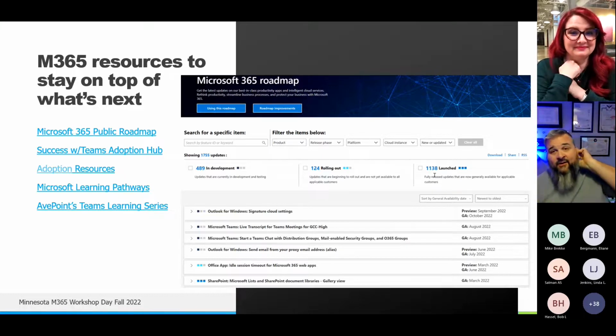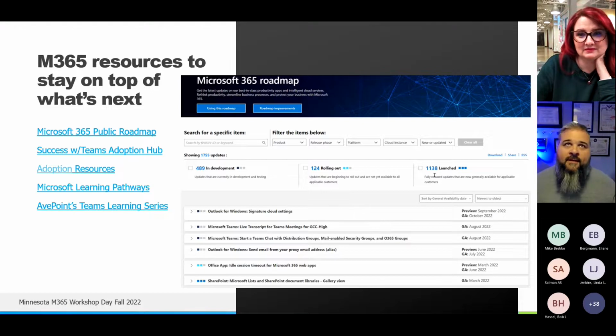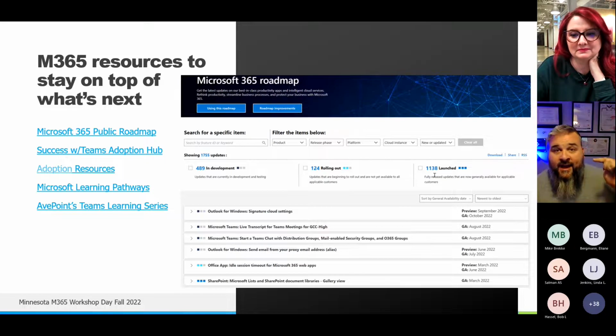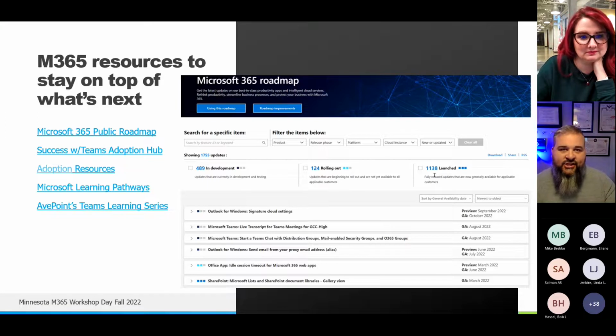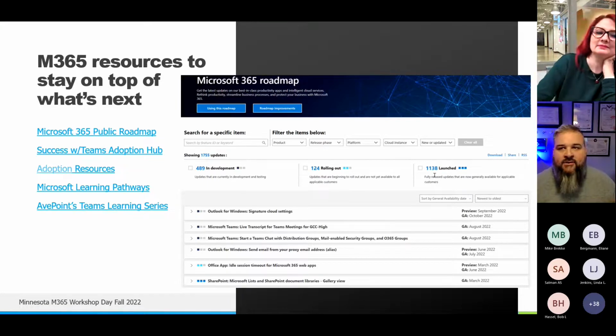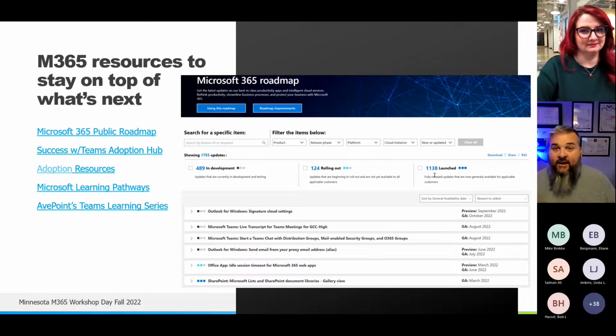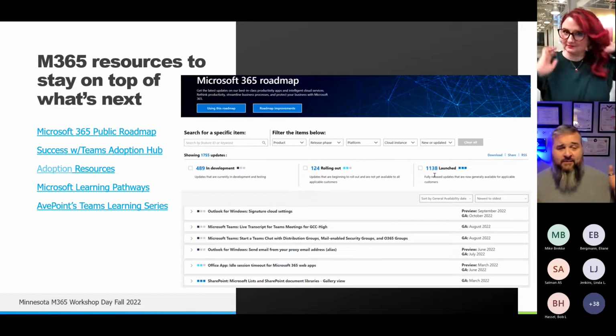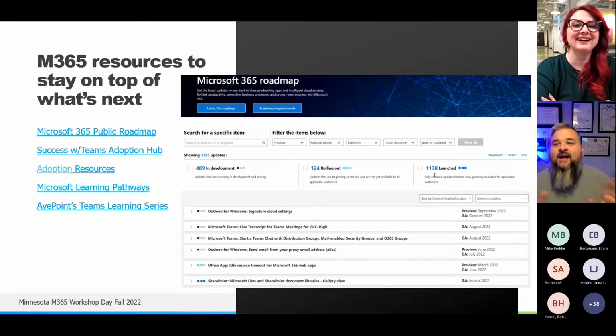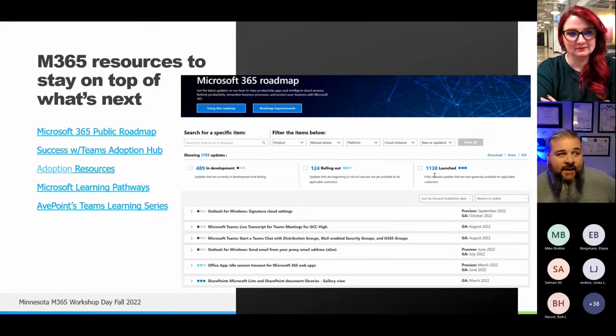And Microsoft is getting better too across the board. If you look at the Microsoft Teams monthly release blog in the tech community, at the bottom of that, there's a section for education. There's a section for frontline workers. There's a section for government. So across the board, they are getting better at announcing when new things are coming out. If you look in the documentation, you will find more references to DoD and GCC High and GCC again. So again, Microsoft recognizes that people are not all in commercial. So saying this is generally available across commercial is not good enough. You need more. So these are a few resources that we recommend,